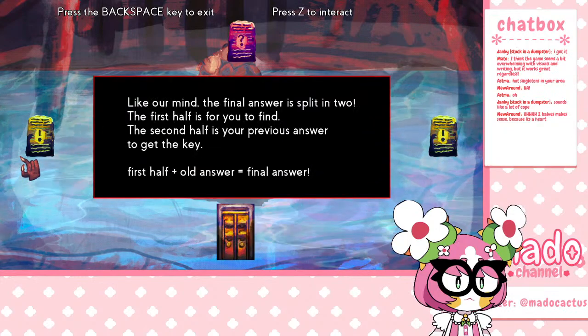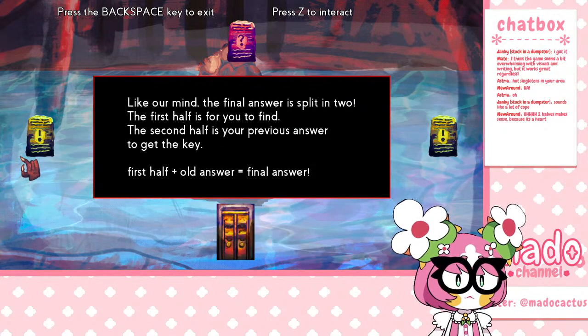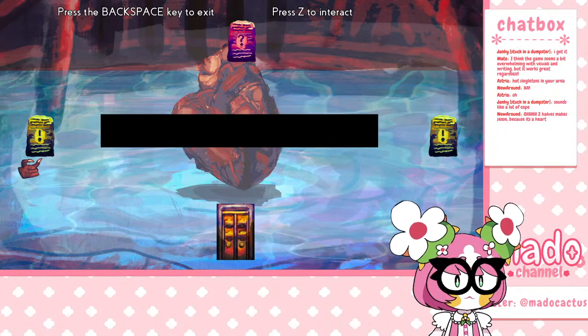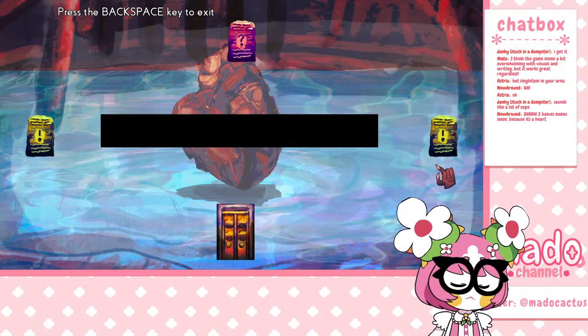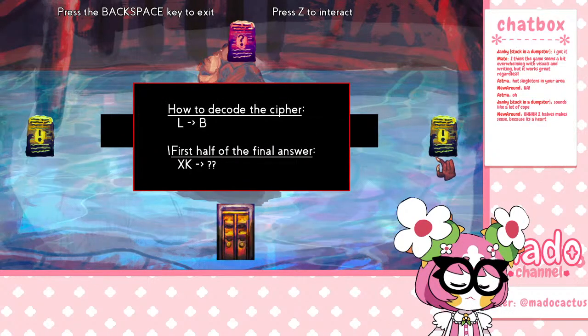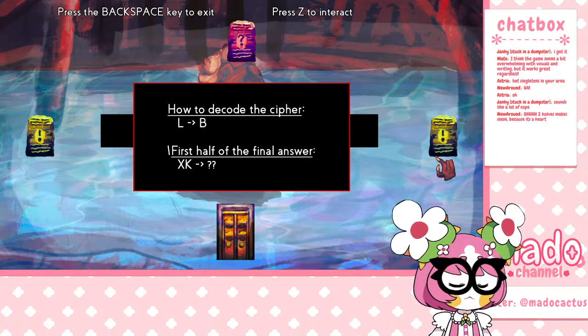Like your mind, the final answer is split in two. The first half is for you to find. The second half is your previous answer to get the key. The first half, an old answer, is final answer. And the old answer was, 2 minds. L mind. How did the code decipher? First half the cipher. If L goes to B, then...